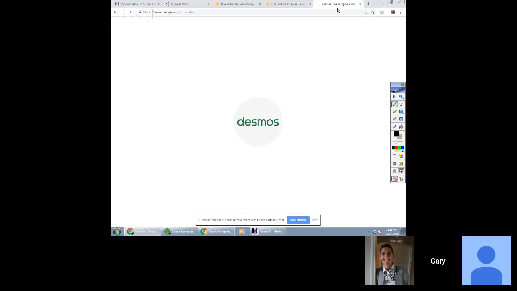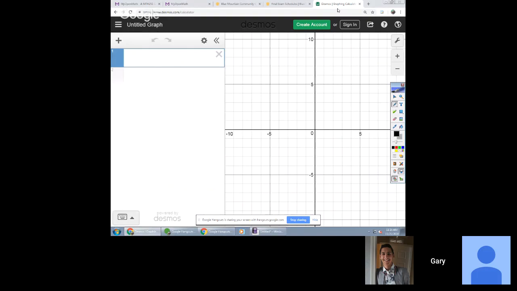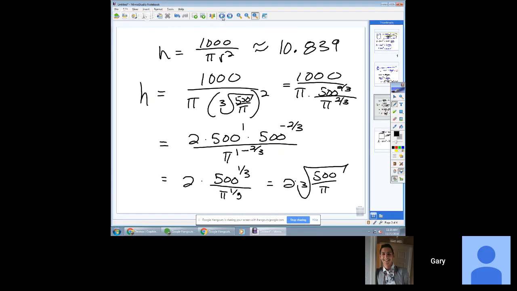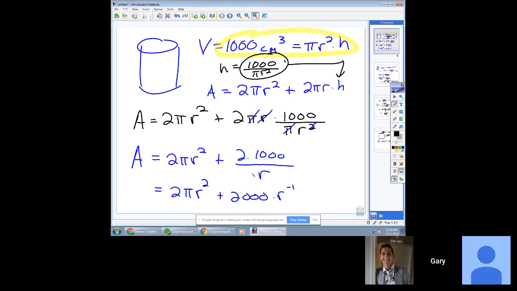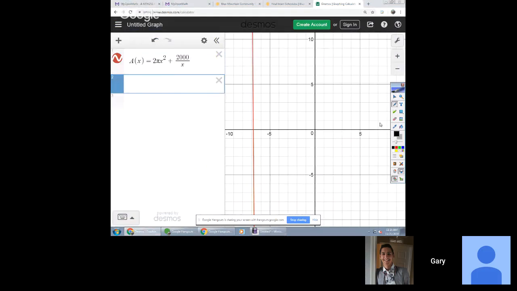Desmos. So what do I want here? I want our modified area. So the area according to x, I can't use r, is equal to 2 pi x squared plus, what did we simplify that down to? 2,000 divided by x. That's our simplified version. Two pi x squared plus 2,000 over x. Yep. All right. And then we calculated that the optimal radius was equal to 500 over pi,